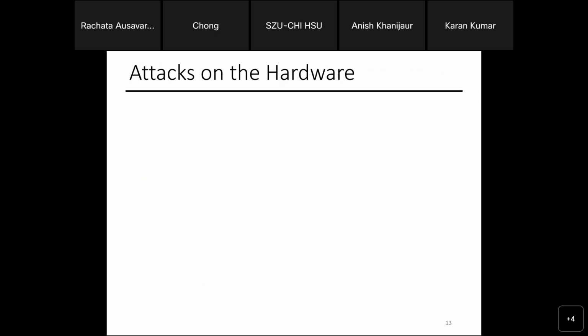Aside from that, you can also attack the hardware. Most of the time when you think about attacks, how many people here know that the system skill server was attacked last semester? It's still down right now, which is why you cannot access it.